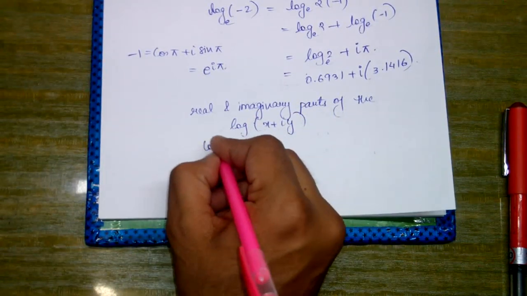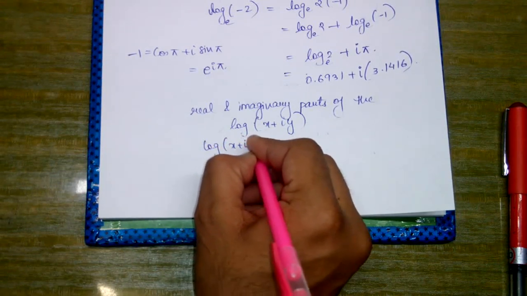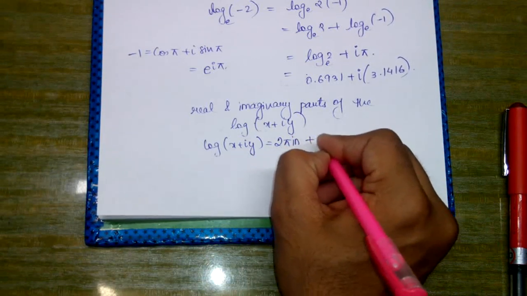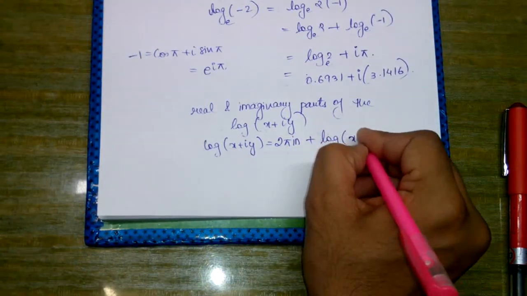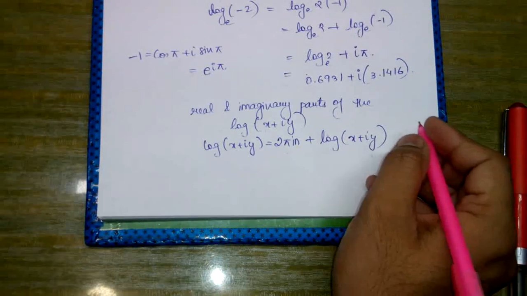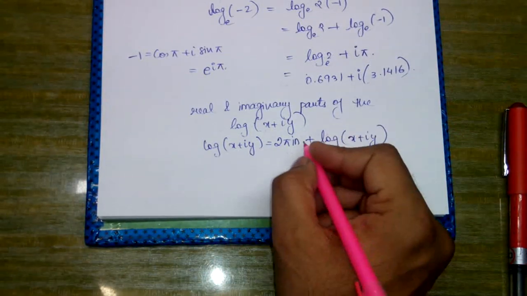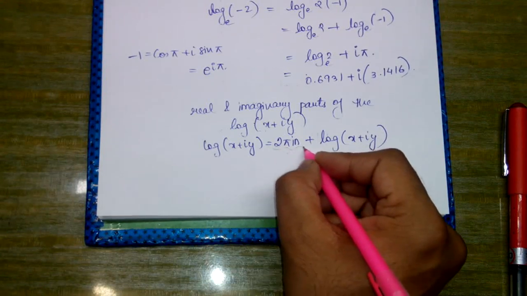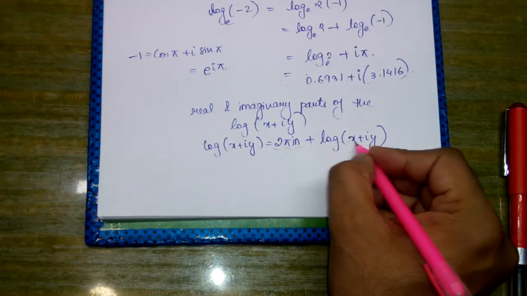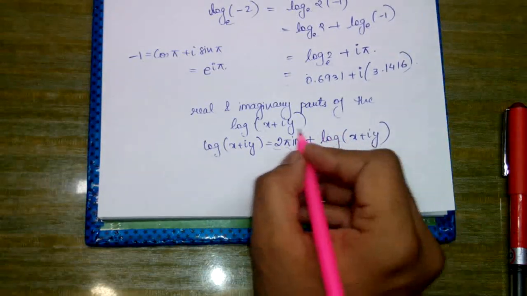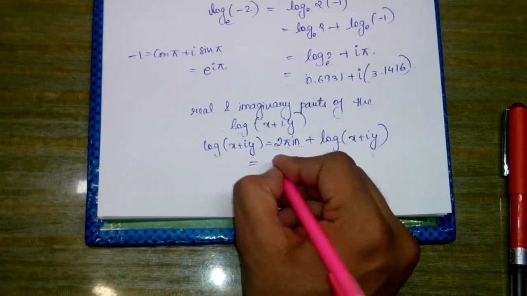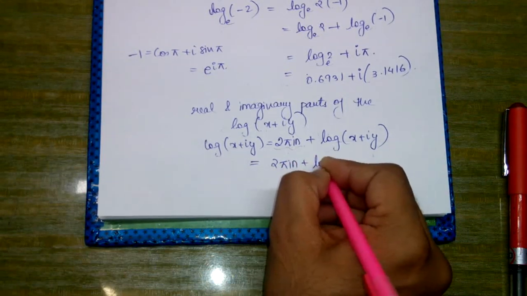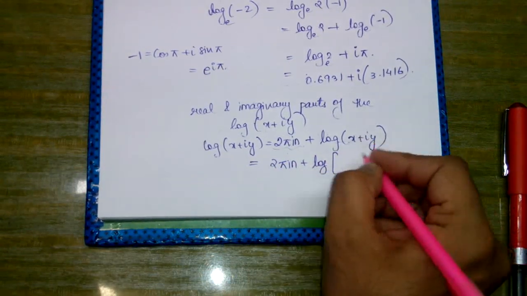Now we know that log of x plus iy is simply equal to 2 pi i n plus log of x plus iy. Because this part becomes 0, and this becomes 0 plus, we can also write it like this. So now what we will do is 2 pi i n plus log of x plus iy can be written